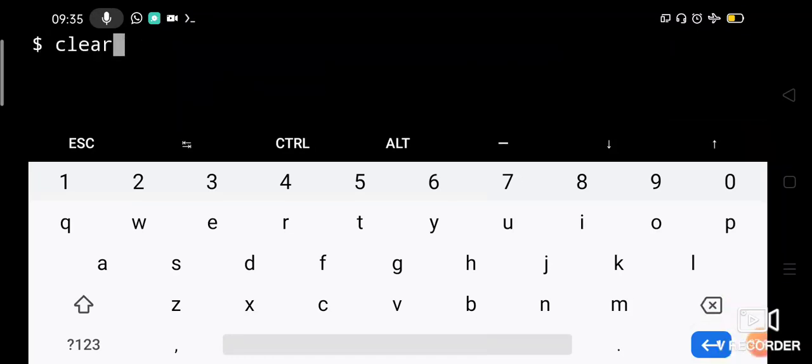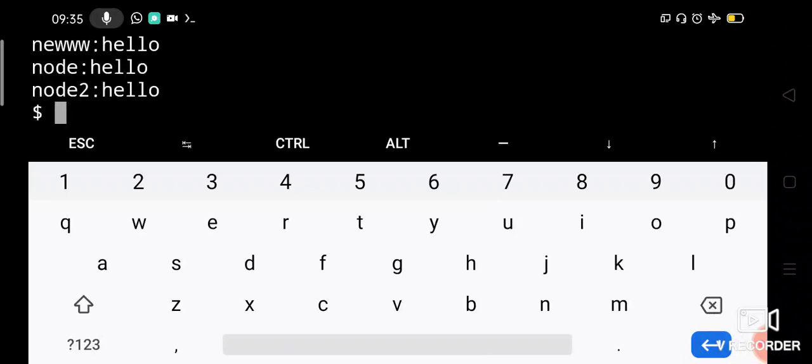Let us check grep hello in all the files which start with N. We have some files called node, node2, new, which we created in our previous classes, and we have the word hello there.